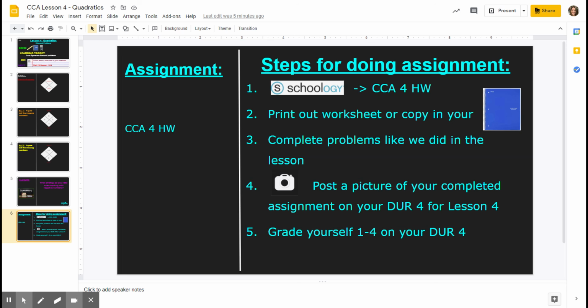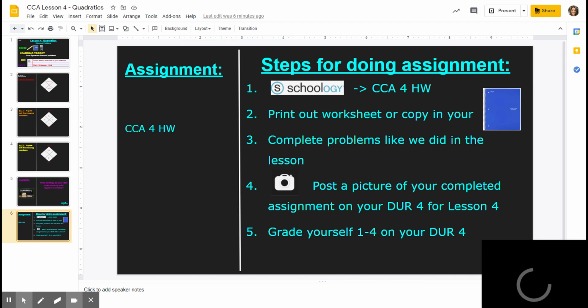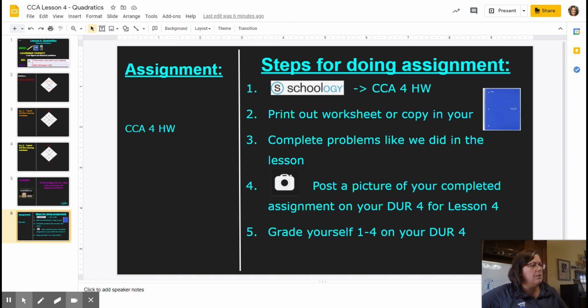When you're finished, instead of taking a screenshot, grab the link up here when yours is open and drop that link in your DUR, and then make sure you include your score. Okay. Again, that is in the Lesson 4 folder in Schoology. So the rest of class time is going to be for you to work on that or any previous assignments that have